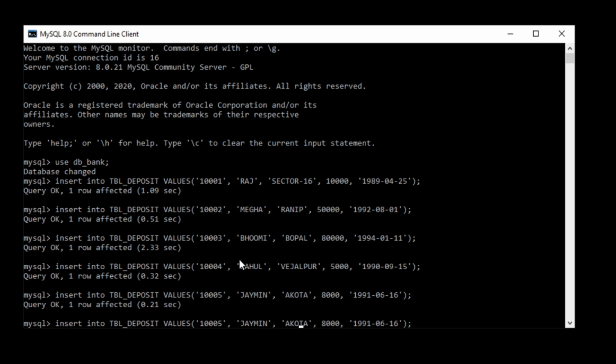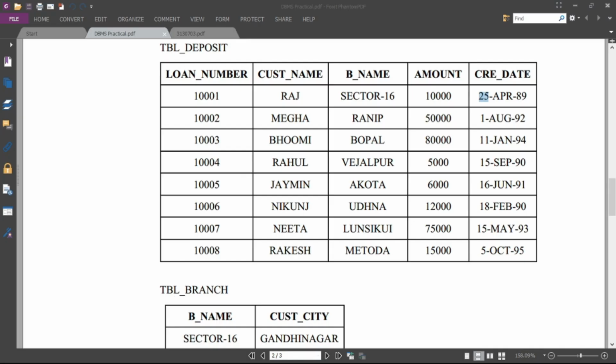Now the next is Nikunj, Udhna, 12,000 and 18 Feb 90.